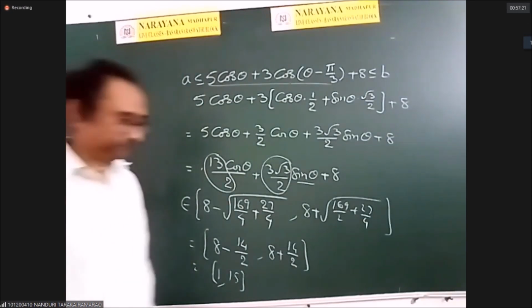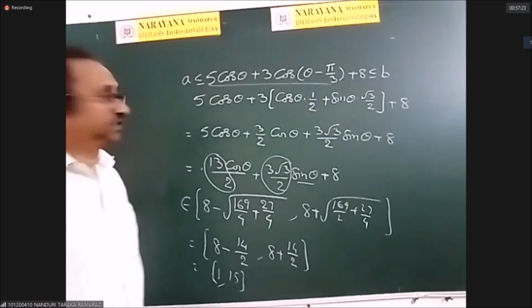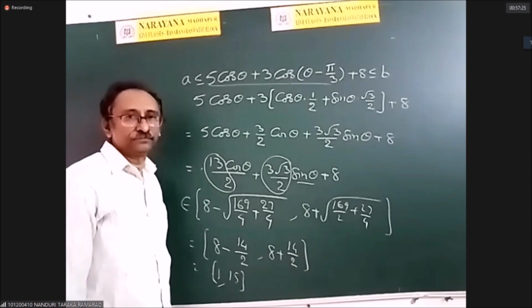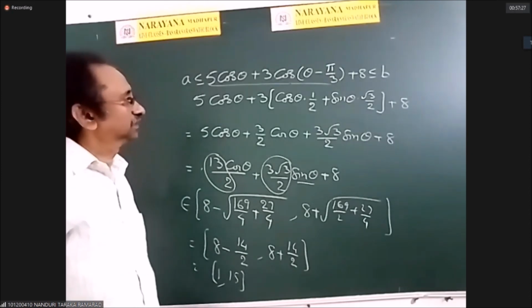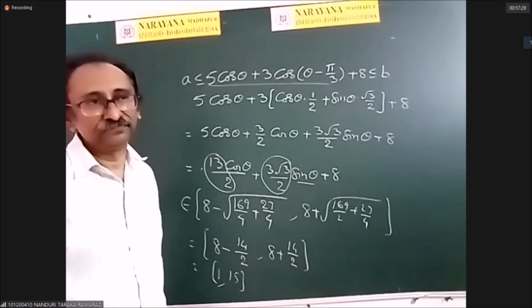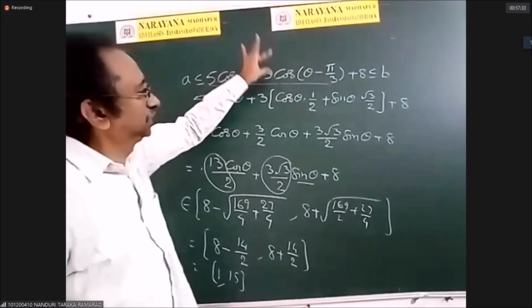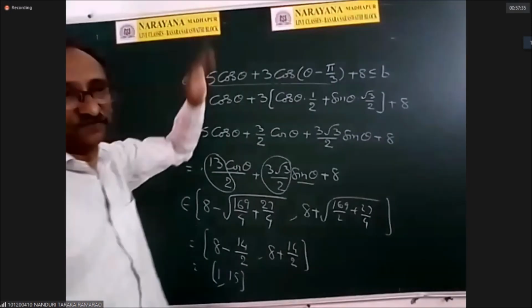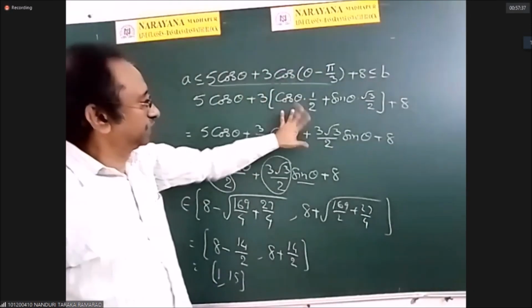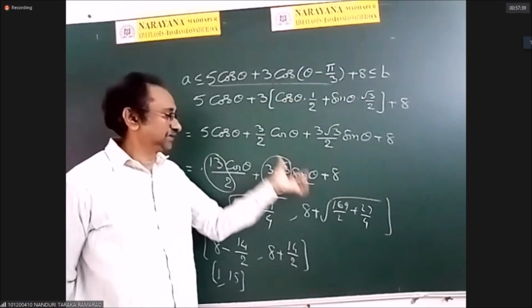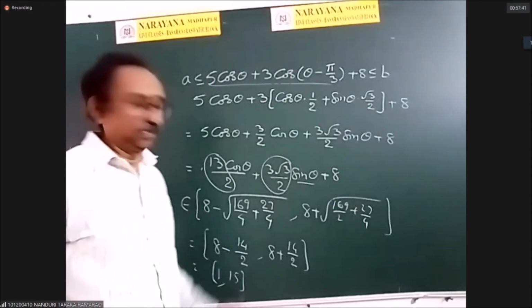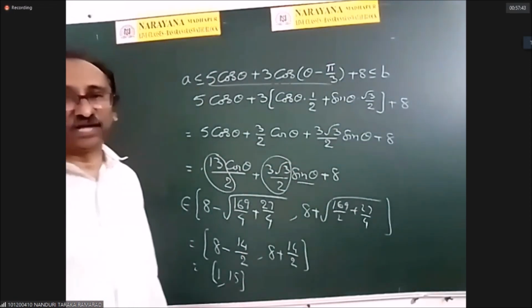Like that. So this is another important model. This week you will get a problem of this model. So what you have to do is, whether it may be sin of theta minus pi by 3 or cos of theta minus pi by 4, first of all, you expand that. Then you will get the a cos theta plus b sin theta plus c model. Then you can simplify it. You can write the formula easily.